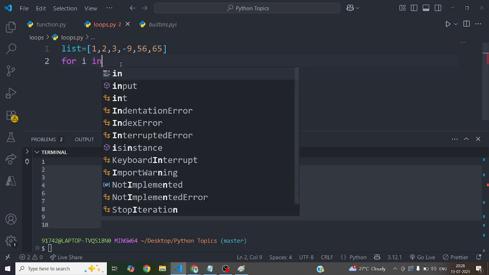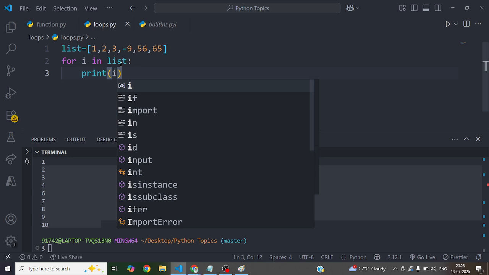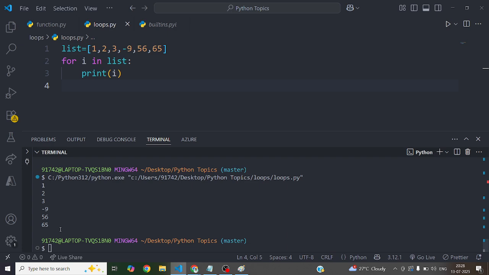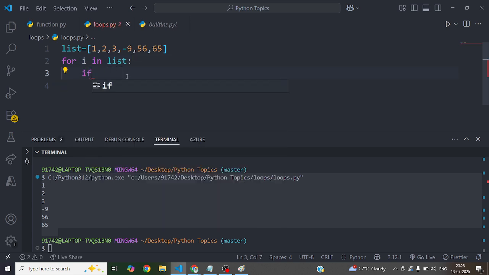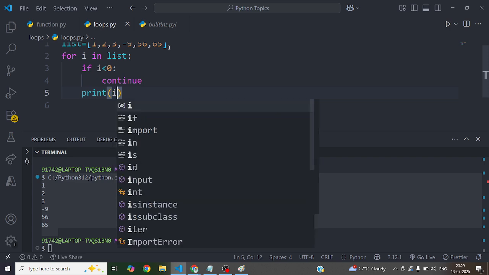For i in list, I am telling it to print i every time. Print i, no issue. Now there is a specific condition: if i is less than 0, continue. Then print i. What will it do?